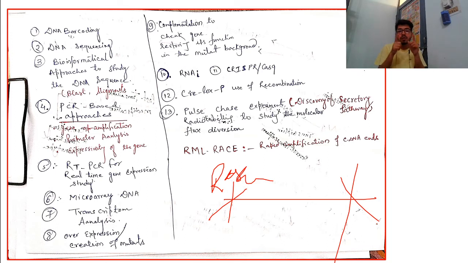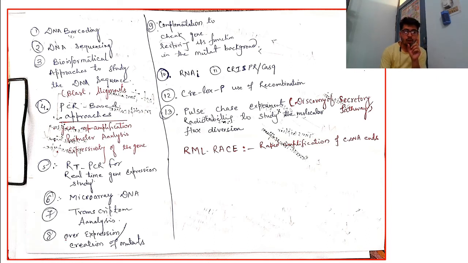So with the help of fold change, you can compare how gene expression is altering. RT-PCR is basically dependent on the transcript number. Now, DNA microarray is again a technique with which you can study the transcript, and transcription analysis is again very important.